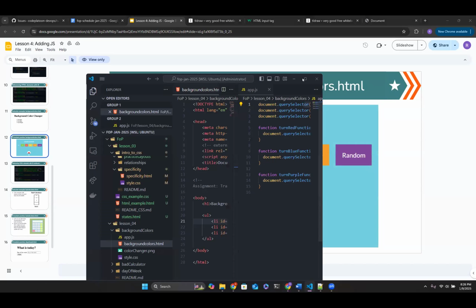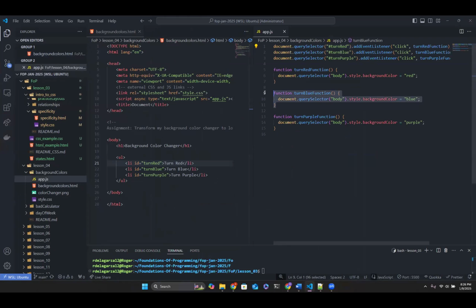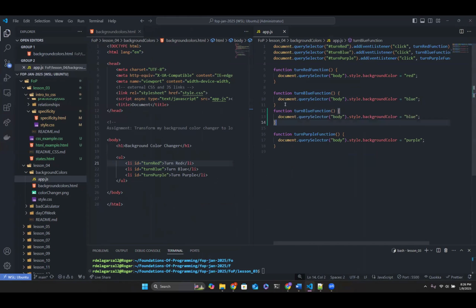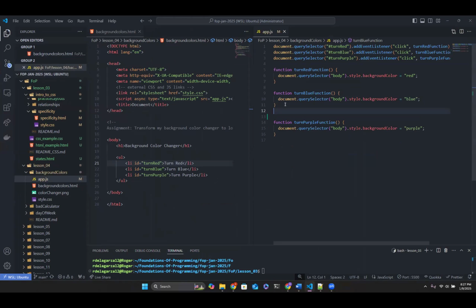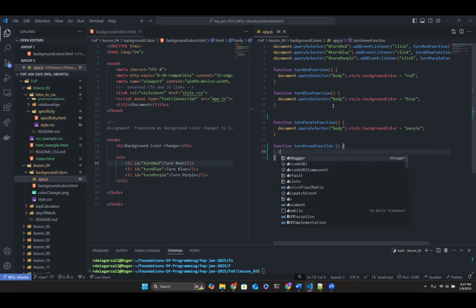I also challenge you guys to not copy and paste code, right? Do not do this. Why? Because you're not gonna learn anything like that. Granted, it's given to you already, but I recommend that you put in that muscle memory in your fingers. Try to not look directly at this code every single time. Try to come down here and say function, create a new function, turn green function, right? Use this as reference, but don't just copy the code. Go through the motions of actually typing it out yourself.